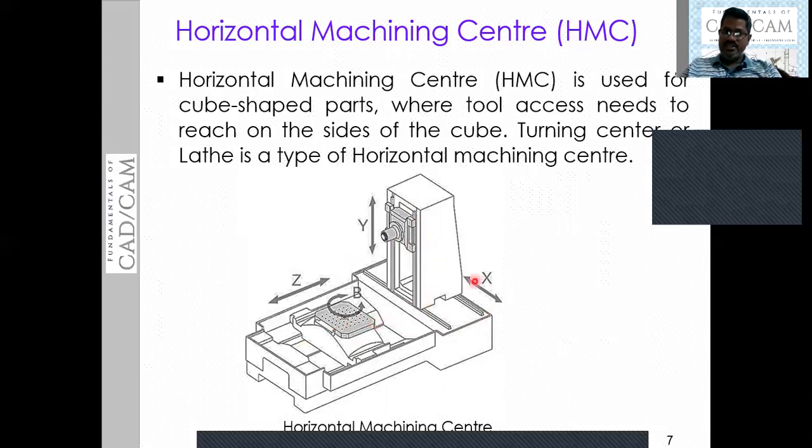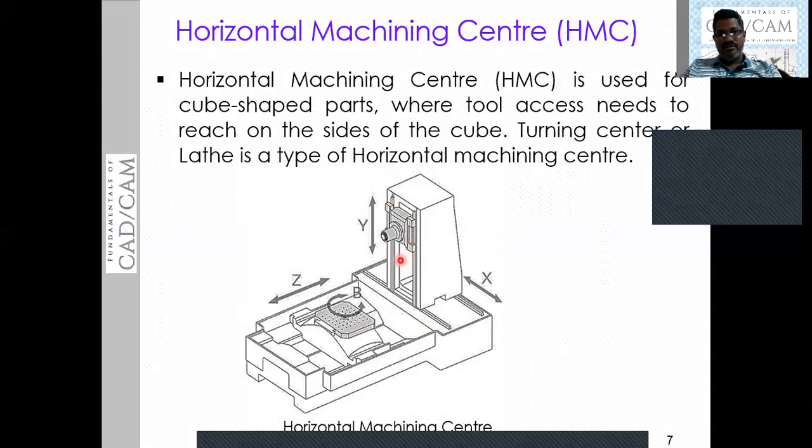This spindle can be adjusted along the x-axis and along the y-axis. You can observe here, the spindle movements are possible. Of course, the spindle is going to rotate in the horizontal plane along the x-axis. The spindle axis is oriented towards the horizontal. In turn, in this case, this will become our z-axis, the work axis. And the workpiece is going to reach the tool or the spindle by adjusting the movement along the x and y axis. This type of machining center has flexibility to reach.